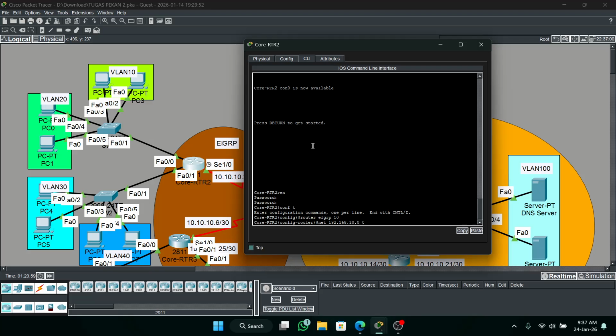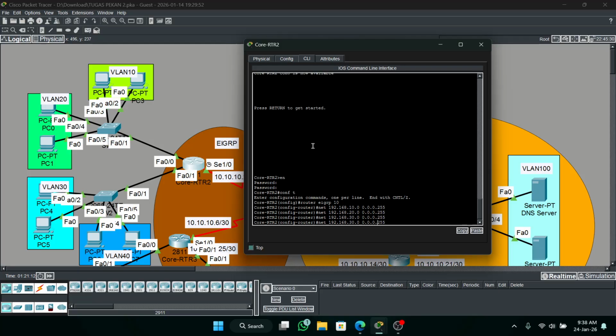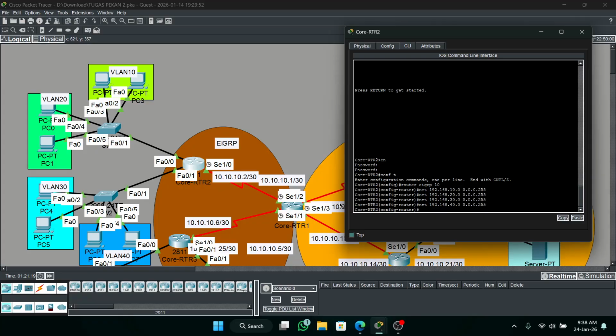The wildcard mask for /24 is 255. Then for VLAN 20, and then for VLAN 30, and next is for VLAN 40. And last we add the network to the RTR1.